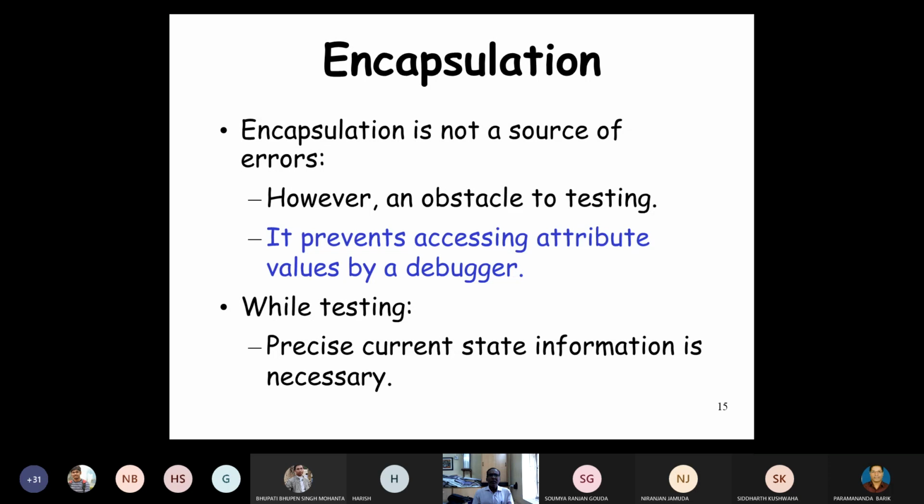Rather, the presence of these features makes the life of the tester much more difficult. Next we'll see how these features complicate the testing of object-oriented programs.